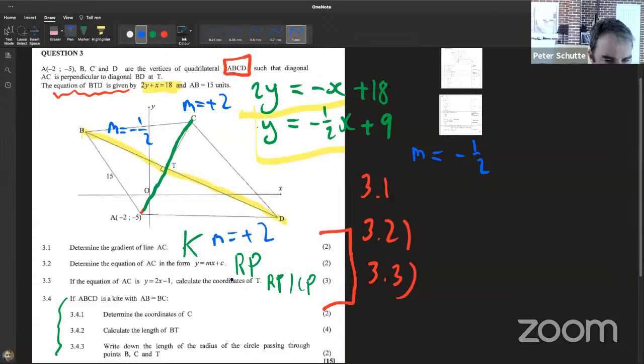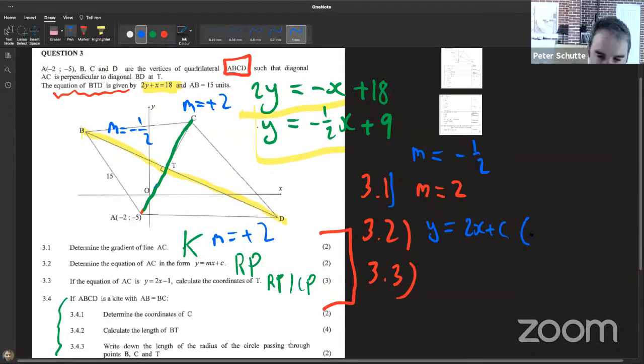Now for the next bit, 3.2, determine the equation of the line AC. Well, like we said, we've got the answer to 1. So m is 2. We're just going to do some working out now. So we're going to go y equals 2x plus c. And I just need to know what the c is. And the point A is on this line. So we're going to use